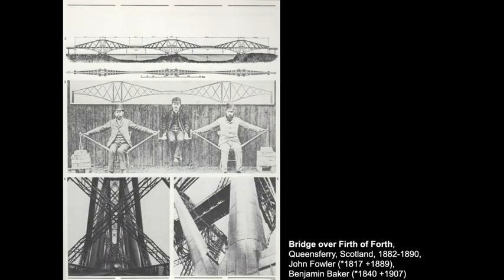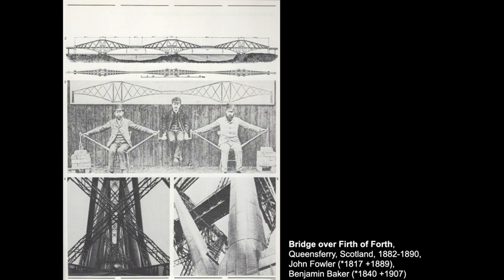Here you see some pictures with the construction of this very huge bridge, Firth of Forth, Queensferry in Scotland, 1882 to 1889, constructed and built by the engineers John Fowler and Benjamin Baker. And when you remember that the diameter, for example, of the Pantheon is about, let's say, around 40 meters, then you can see that